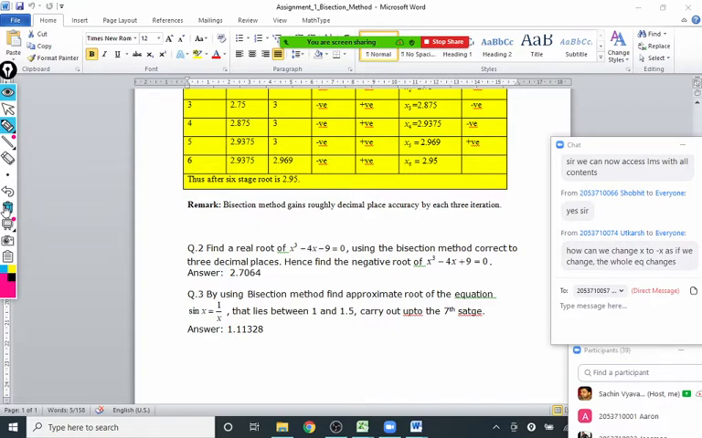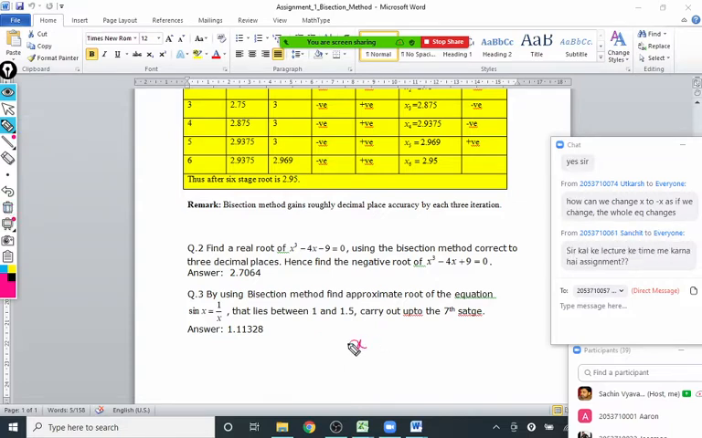Yes, Utkarsha, if you change x to minus x, the whole equation is changing. That's true, but it is an equation, f of x equal to 0. Let us take a very simple example, then it becomes more clear. Suppose you have the equation, say